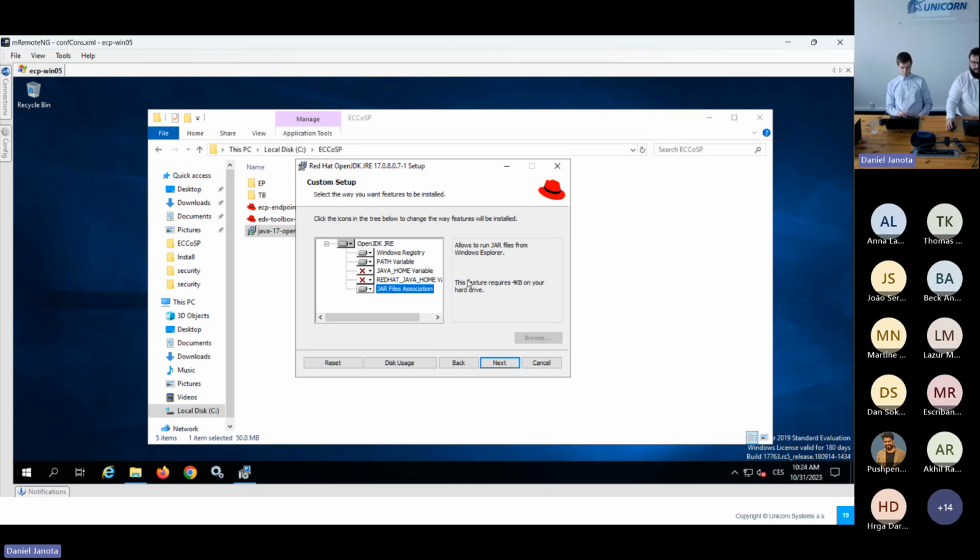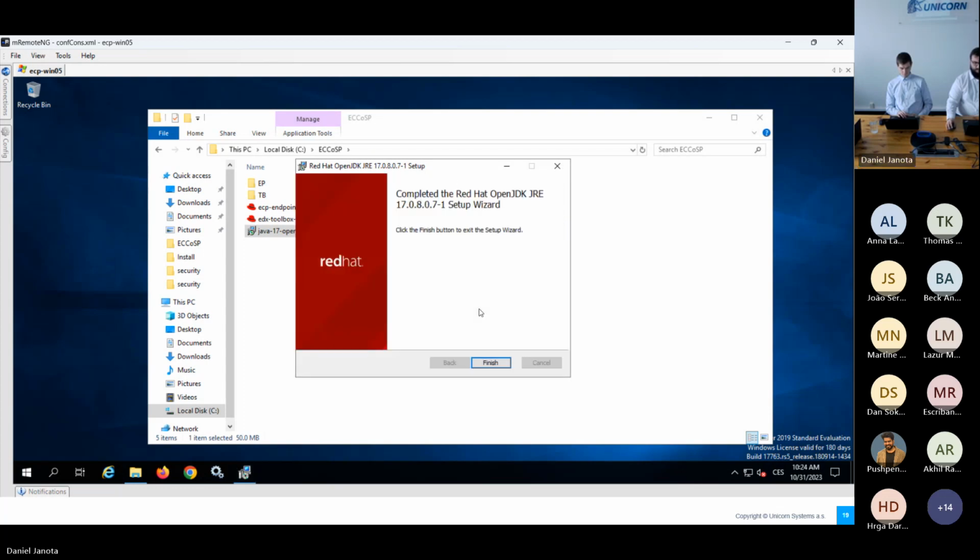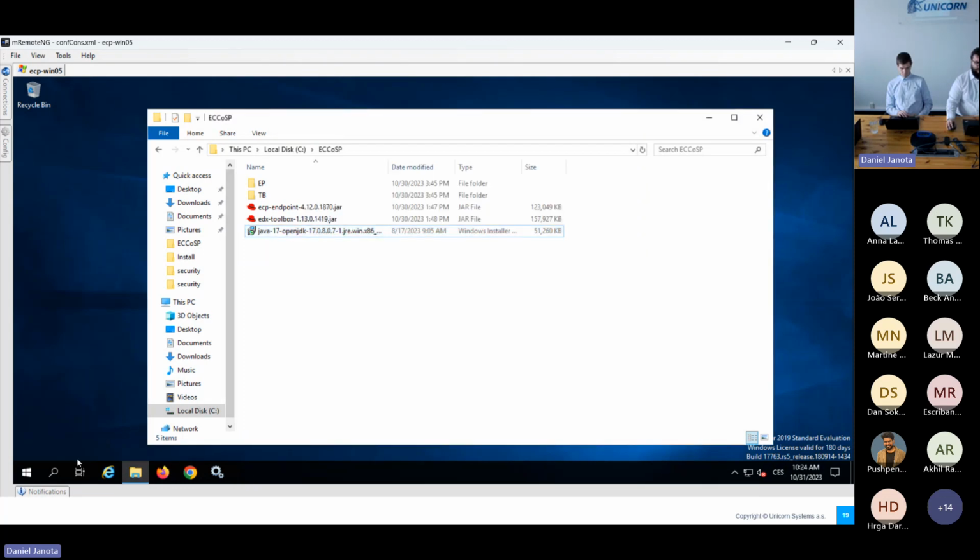Also in this case, to make the JRE variable setup a little bit easier, I can install the JAVA_HOME variable and then just change it. So let's do that. The next button and install. So Java is successfully installed. Finish it